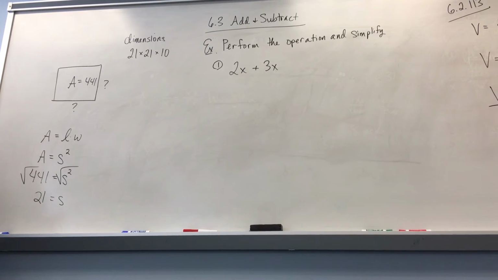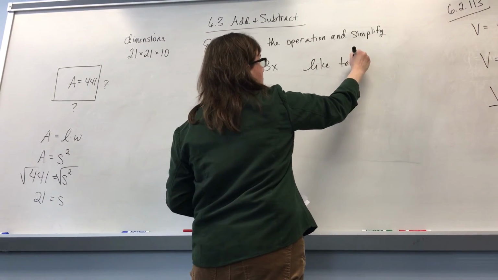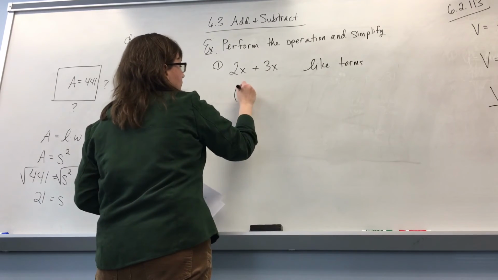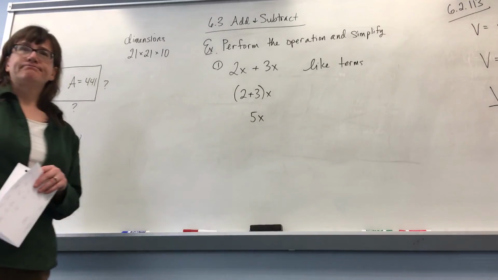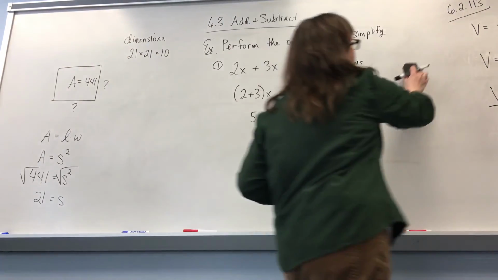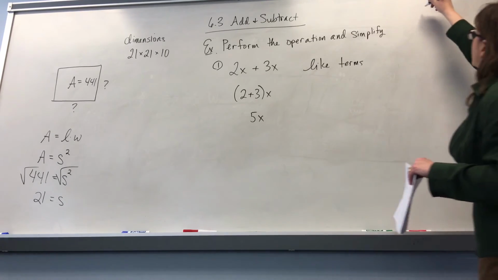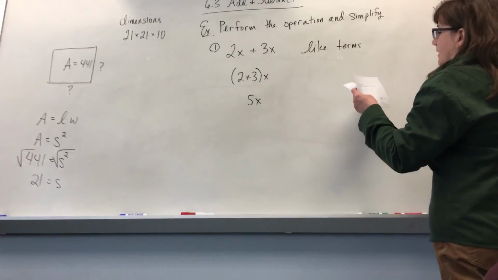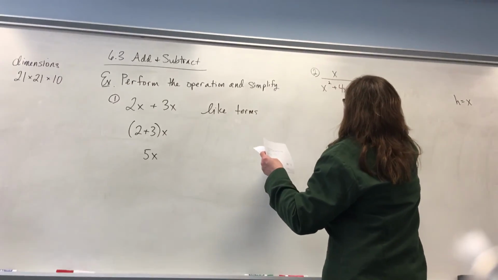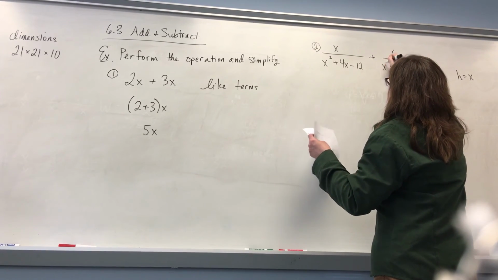What's 2x plus 3x? 5x. Those are like terms. So we can add them together. So when we add the like terms, we just add the coefficients. And we got 5x. Okay, so if things are alike, then you can add them together. We have like terms. Now, what if I have x over x squared plus 4x minus 12 plus 6 over x squared plus